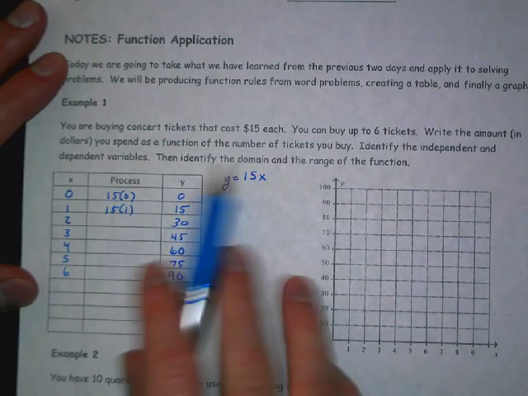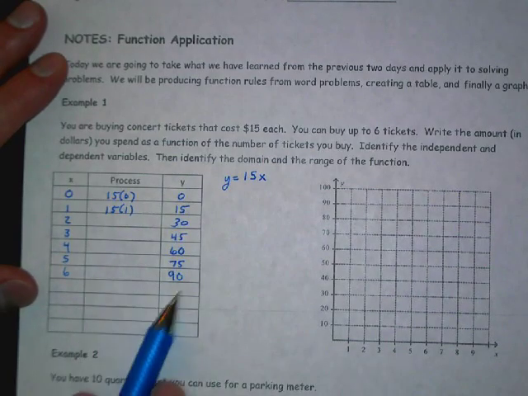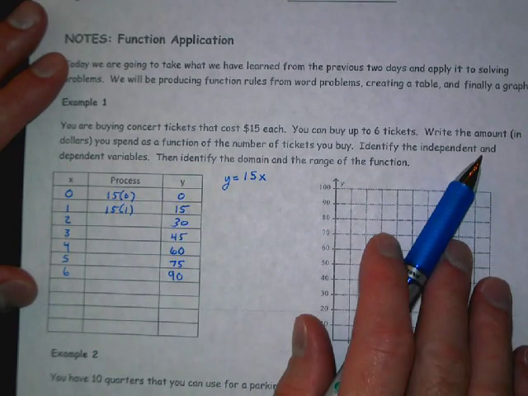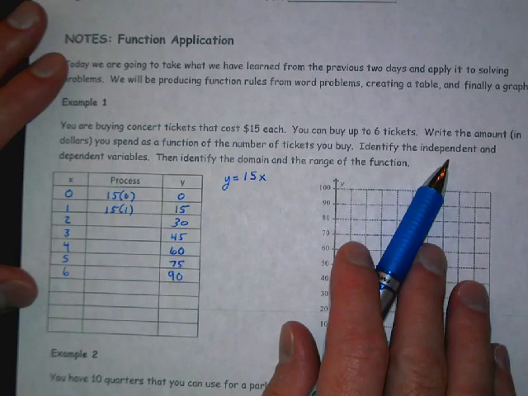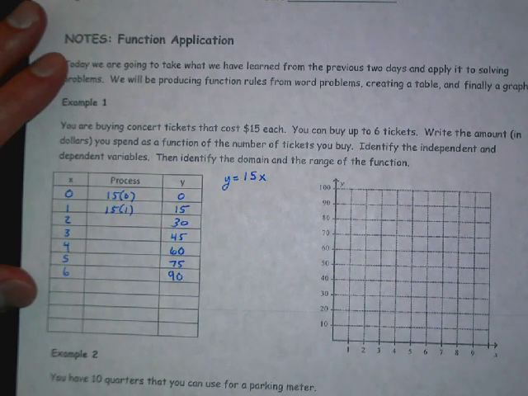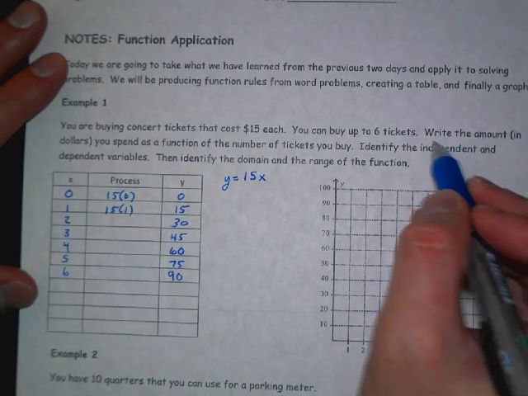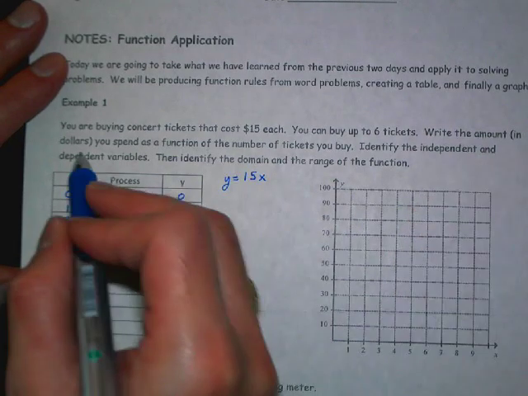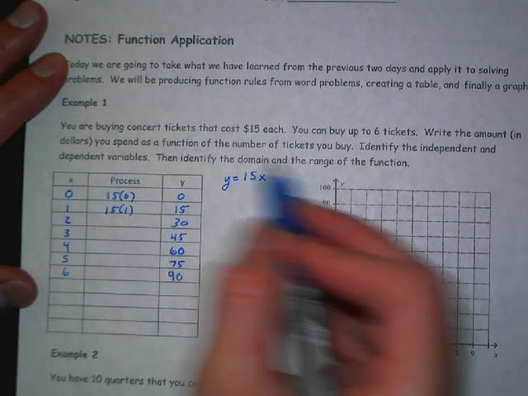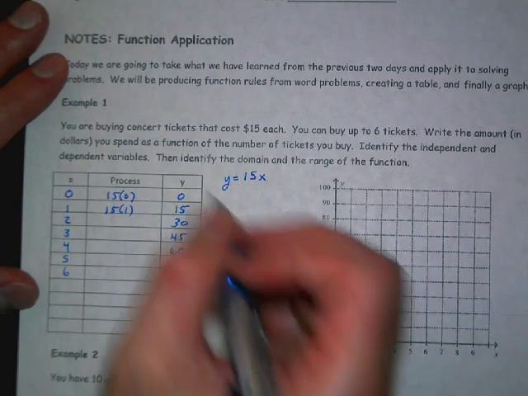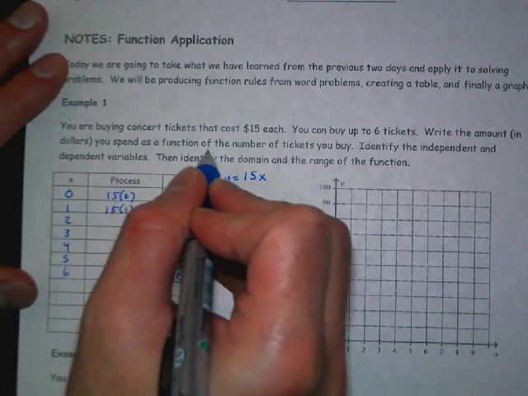So far, we wrote the function, filled in the table. Okay, now they want us to identify independent and dependent variables. Okay, here's a little trick you can do with the way this sentence is worded right here, where it says write the amount you spend as a function of the number of tickets you buy. When you see these words right here, as a function of,